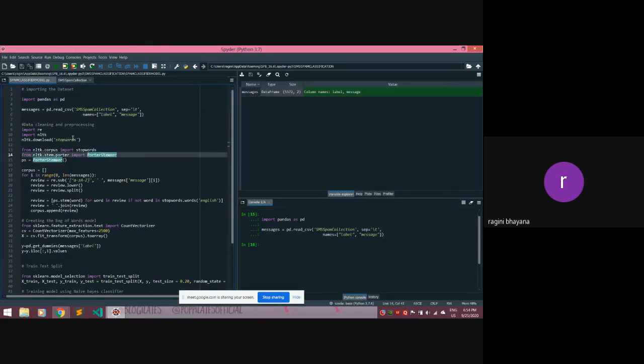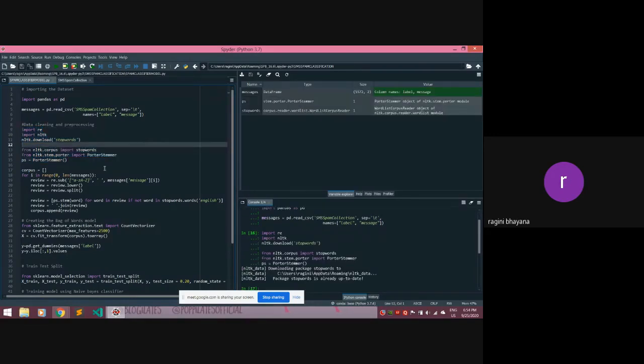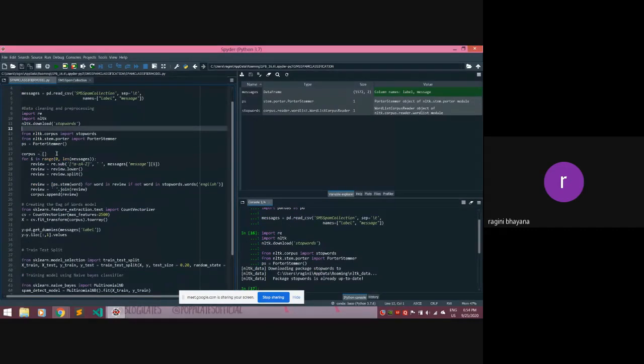I explained to you initially we'll have to do data cleaning and pre-processing. We'll use regular expressions, and from NLTK we'll import stopwords and PorterStemmer. Now we have created an empty list, corpus. Once we have done the data cleaning and pre-processing, it will get stored into corpus.